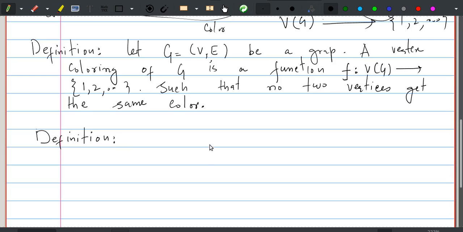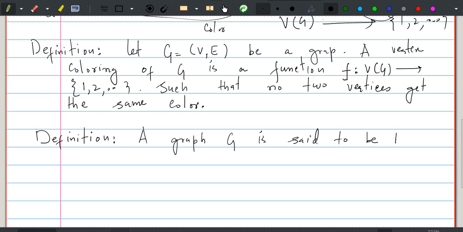So a graph G is said to be K chromatic. This is called K chromatic if the minimum number of colors,